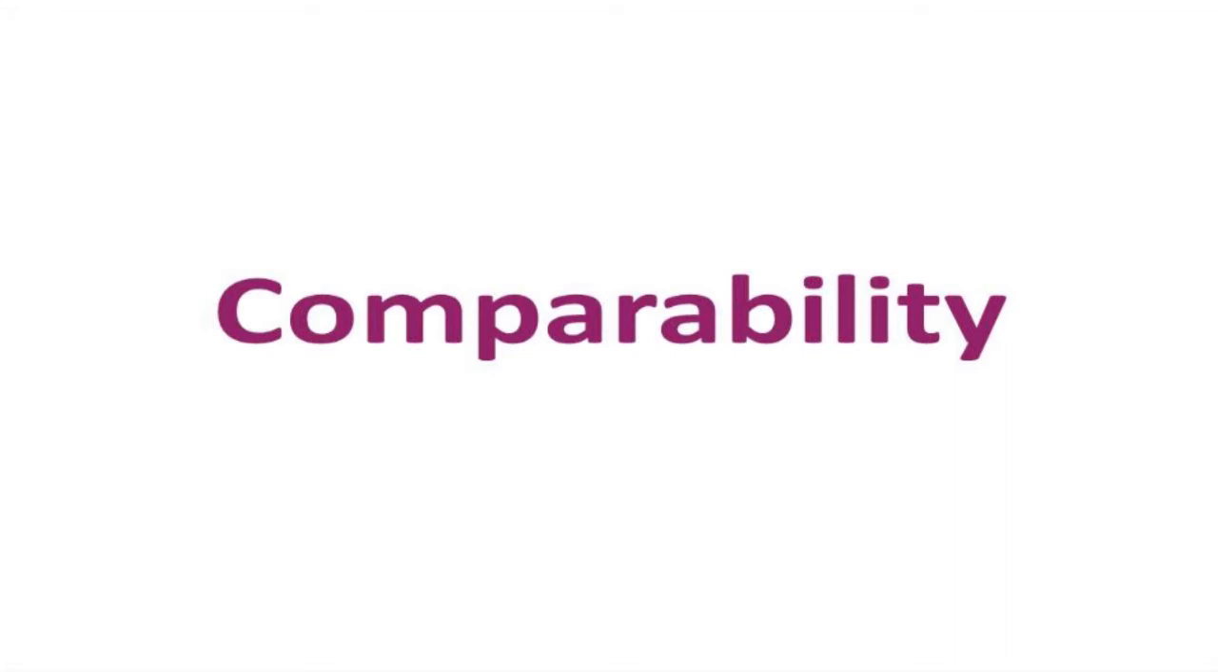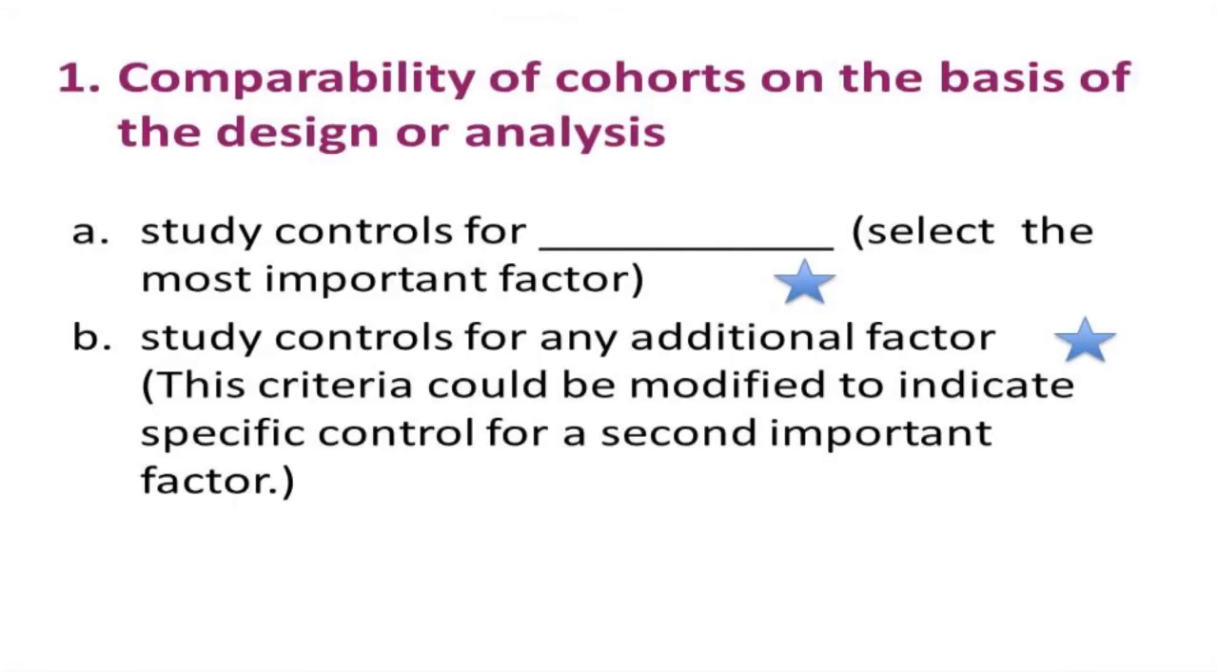So what have we talked about? We have talked about selection. Now we are going to talk about comparability. We are still on the Newcastle-Ottawa Scale for quality assessment of observational studies in epidemiology, just if we lost track of where we were, because I did. And comparability of cohorts on the basis of the design or analysis. And this is about